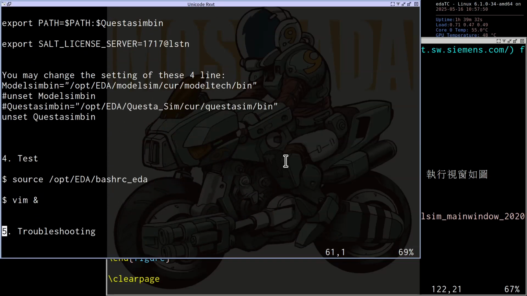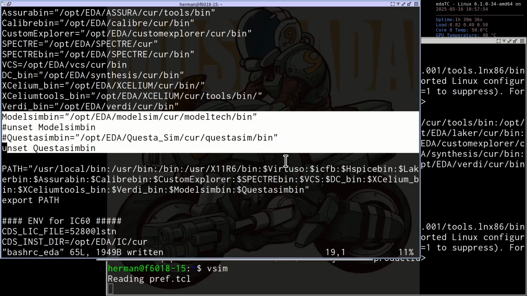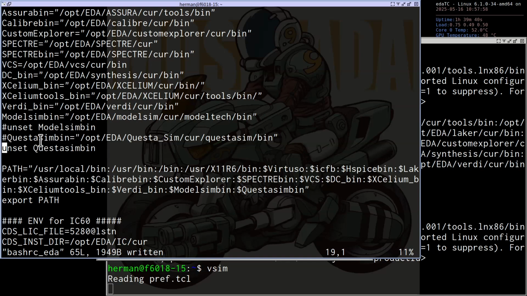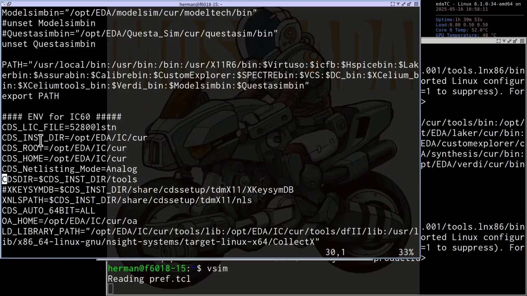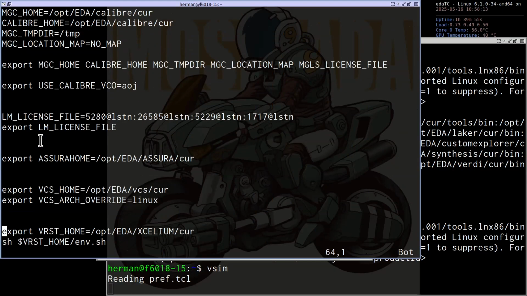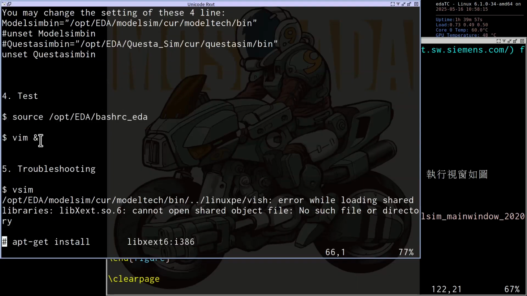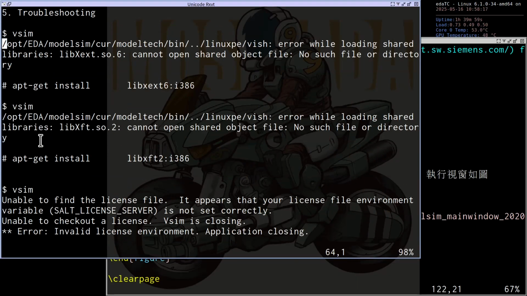And since you are in the same lab, right? You are all in the same lab, so you should ask everyone to use ModelSim or QuestaSim. Understand? You cannot let someone use ModelSim and the other use QuestaSim. So this is how I solved the problem, how I do troubleshooting of ModelSim and QuestaSim.